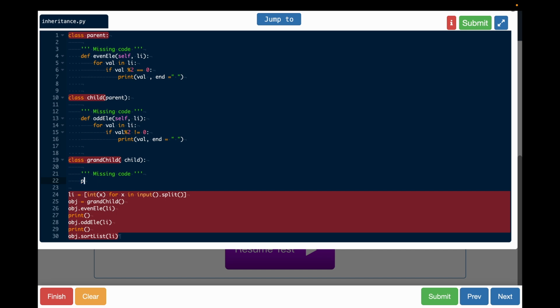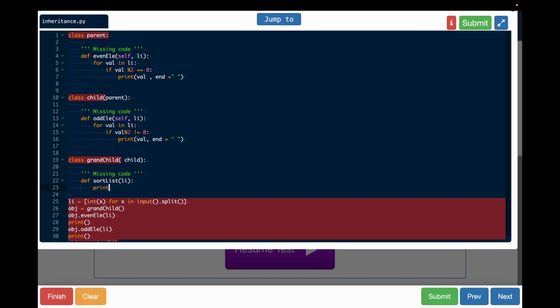Where to sort? First we have to create a method here. What is the method name? sort list. So I will say def sort_list, and I will say li here, that's it. And I will say print sorted li, comma reverse is equal to true, right, that's it. So what will we write here? self be the, okay, so